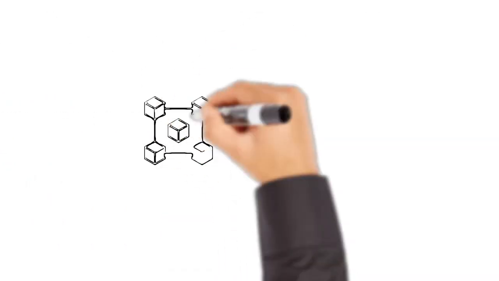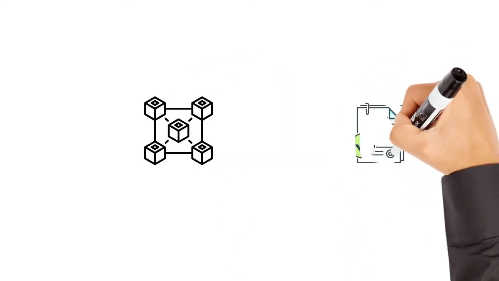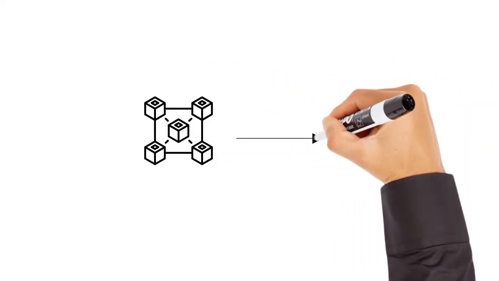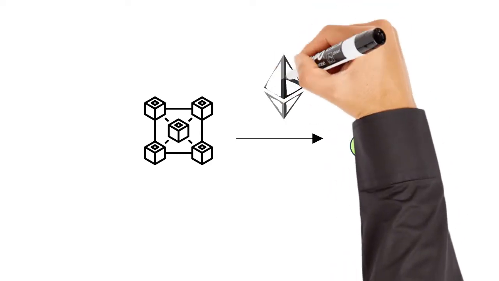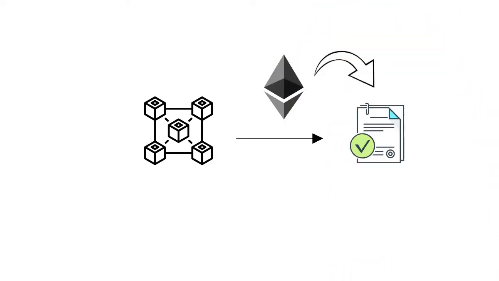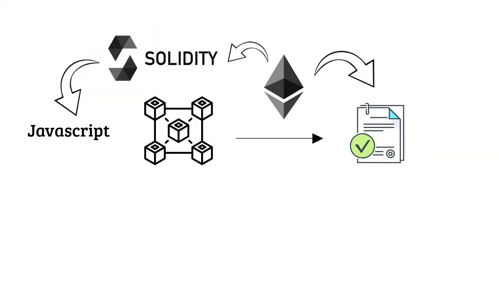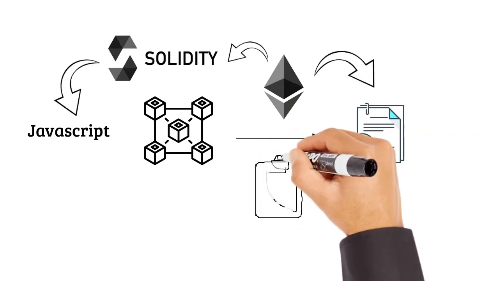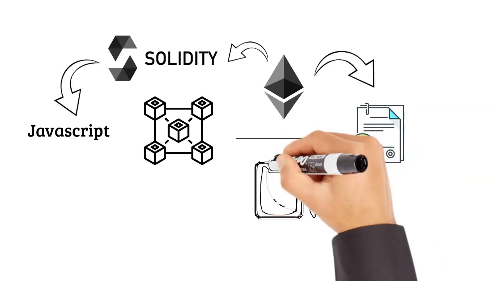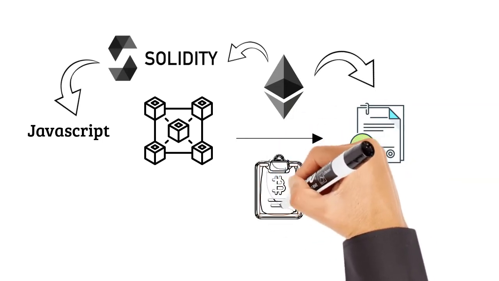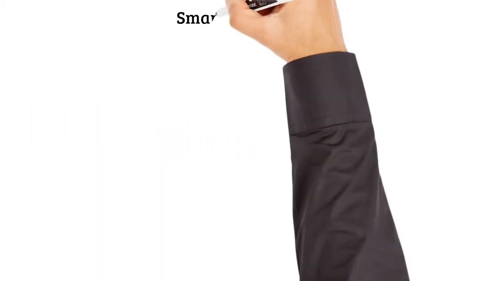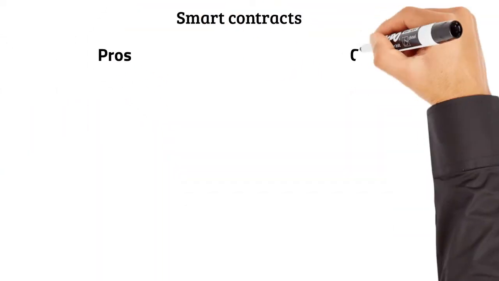Right now, there are a handful of blockchains that support smart contracts, but the biggest one is Ethereum. It was specially created and designed to support smart contracts. They can be programmed in a special programming language called Solidity. This language was specially created for Ethereum and uses a syntax that resembles JavaScript. It's worth noting that Bitcoin also has support for smart contracts, although it's a lot more limited compared to Ethereum.